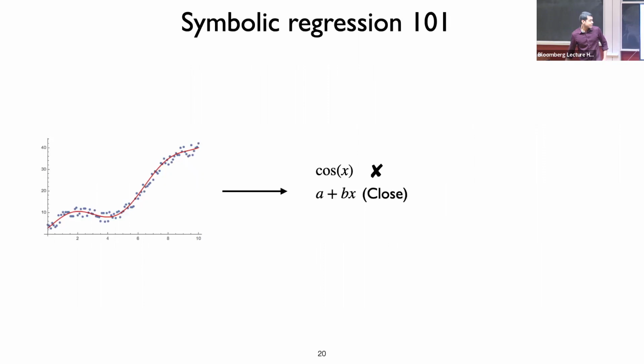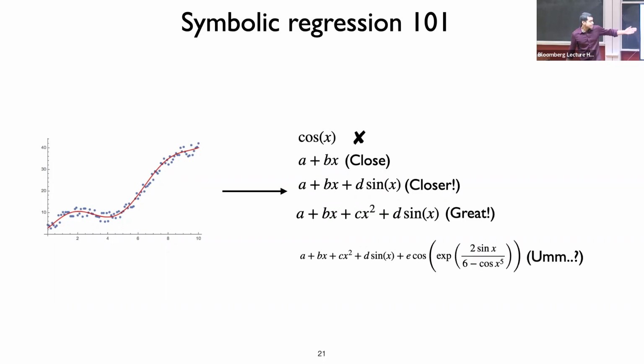Okay, so yeah, again, symbolic regression 101: you have a data file. What it is doing essentially is trying out different functions. For example, for this data in blue, it tries out cosine, a linear function. So it's getting closer, tries out a sine. Then, okay, goes even further, maybe this quadratic plus sine works very well. But it also then goes further and tries out even more complicated equations.